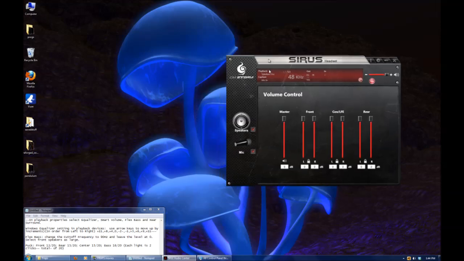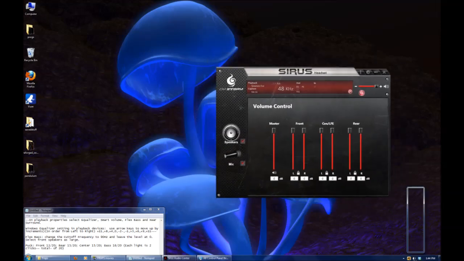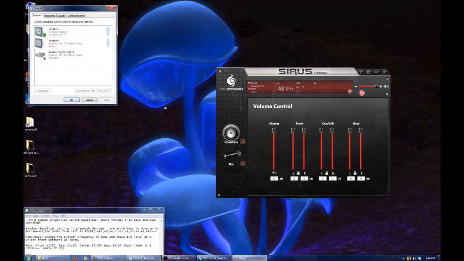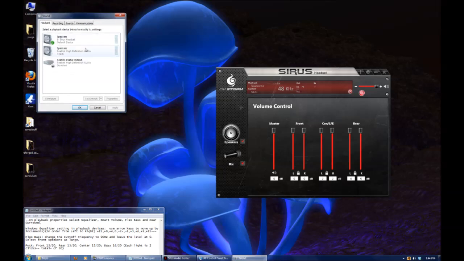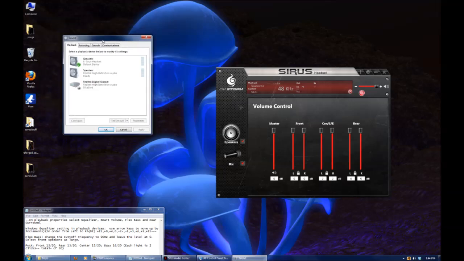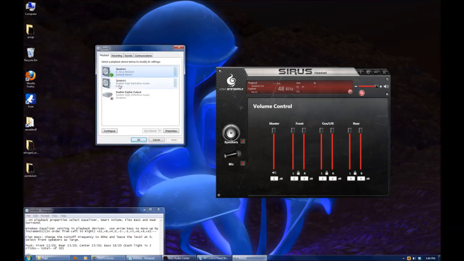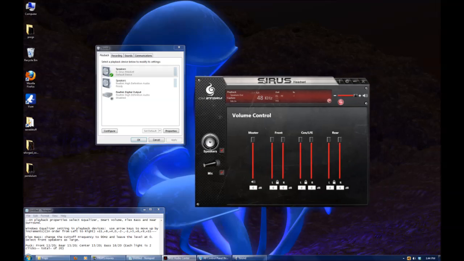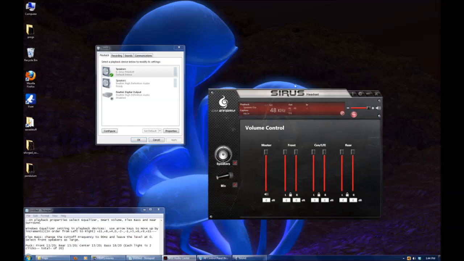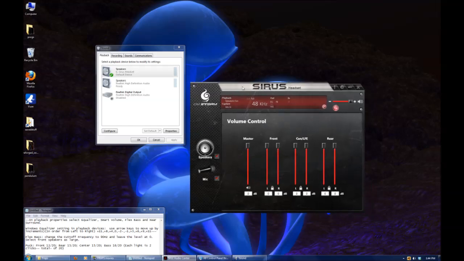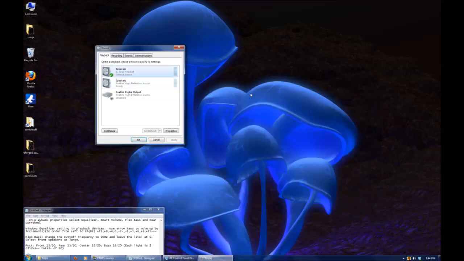So anything you change in here will carry over into here, and vice versa. For this video, I'm going to be using the Windows hardware control panel to set it up rather than the Sirus software, just because. But you can use this, but for demonstration's sake, I'm going to use the Windows hardware